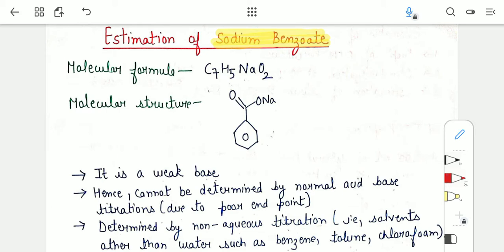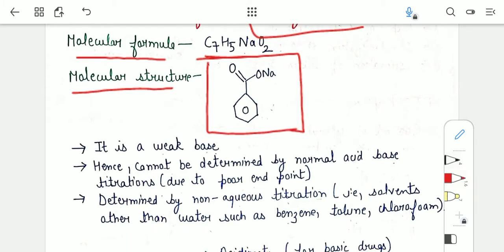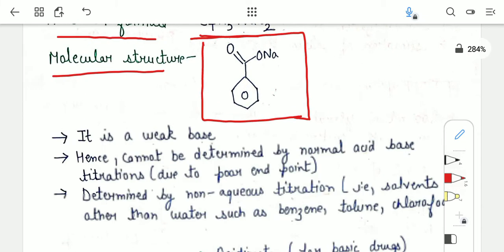The molecular formula for sodium benzoate is C7H5NaO2, and this is the molecular structure for it. Before beginning the estimation, let us see a few points of this compound to better understand the estimation process. Firstly, sodium benzoate, which is our sample, is a weak base, and because it is